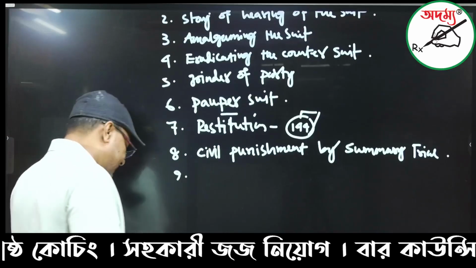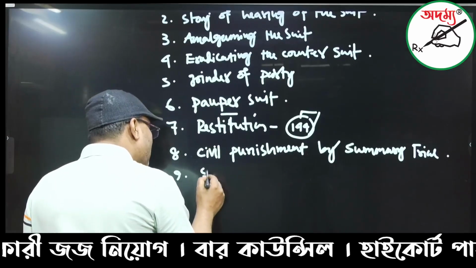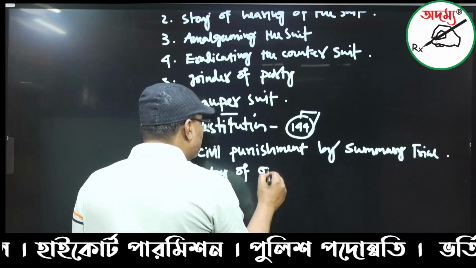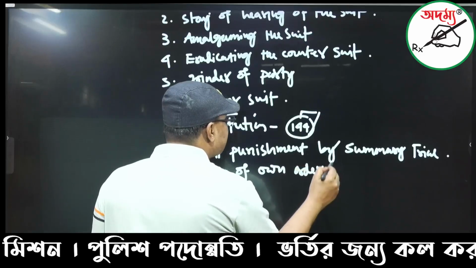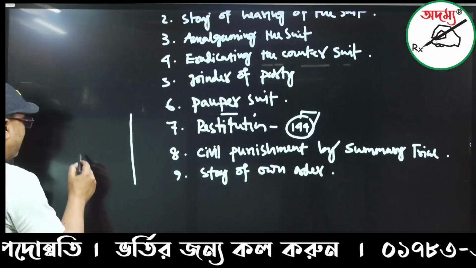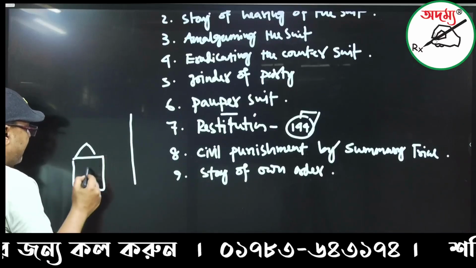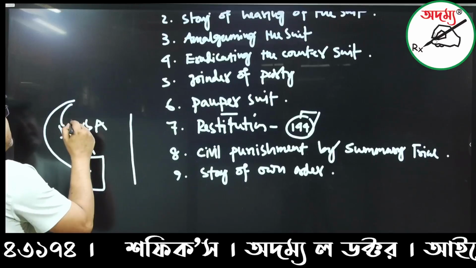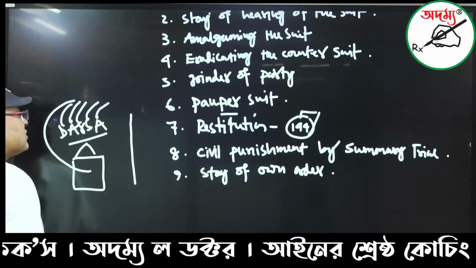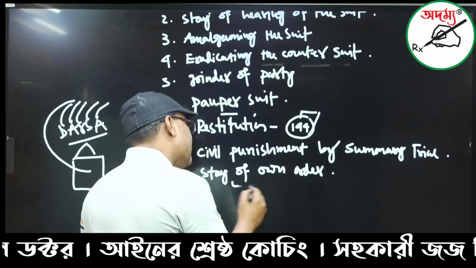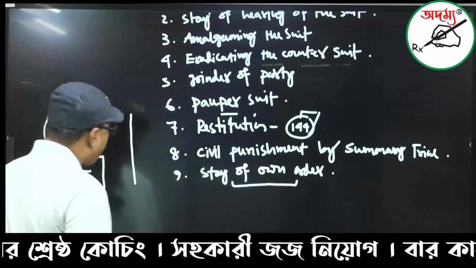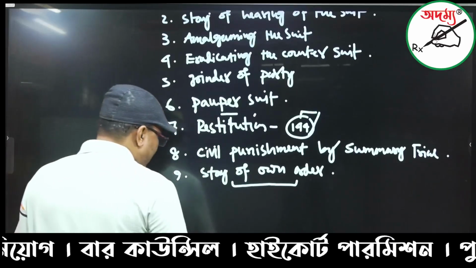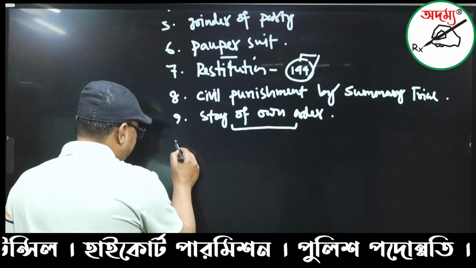And not only that, this is the staying of its own order. This is the power of the court. You all know all courts have the power to exercise this. In simplicity, that can be the district judge, additional, joint, senior. All the courts will exercise these powers. To stay their own order, they must have the existing power. So this is the systematic way through which this point will be applicable.